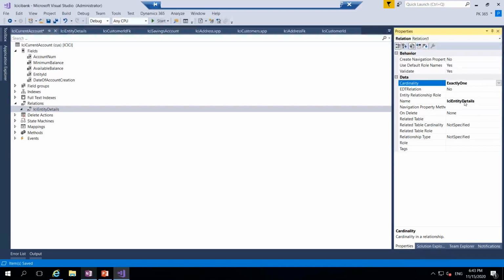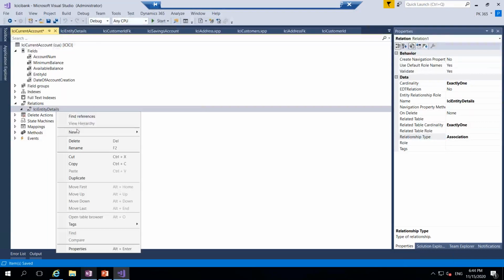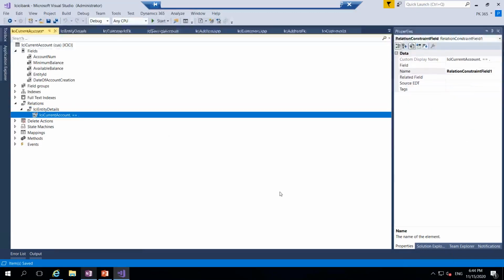If the entity is created, then account should be created here. Okay, that's up to you. For one entity, there will be only one account. Done. Next, related table cardinality. You can set it to exactly one. Relationship type, it's a one-to-one, so it will become association. One-to-one relationship, so it will become association. Done. Now the next step, you can right click here, click on the new button, normal, and here the field